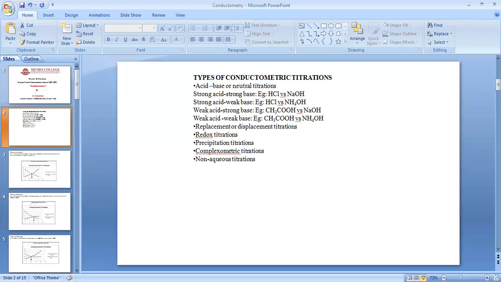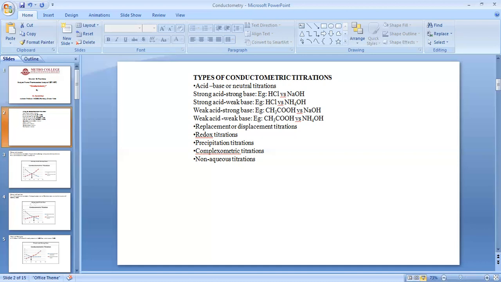Okay, and we can also learn this by another example. In the first case, we talked about potassium chloride and silver nitrate, where there is formation of only one precipitate, silver chloride. But there can also be the formation of two precipitates. In that case, we take magnesium sulfate and barium hydroxide. They are treated against each other, and they will form two precipitates, which are magnesium hydroxide and barium